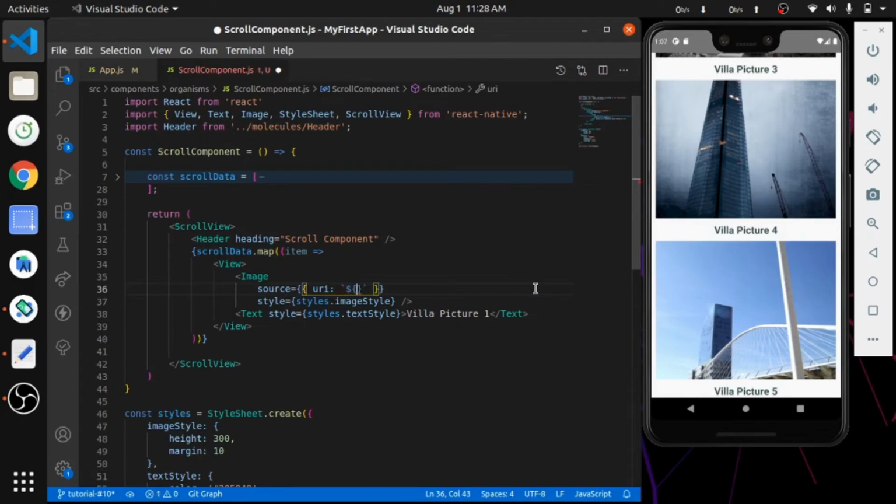Using item.pick, and in the text item.title.